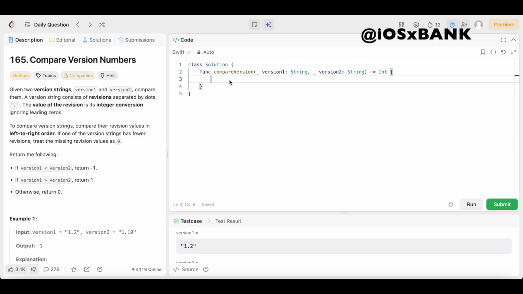Now that we understand the question, let's get into the fun part, the actual solution. Y'all, the solution is not that difficult at all. The first thing we need to do is split both version strings by the period, or the dot, into arrays of string components. To do that, come right here and declare a variable. We'll call it str1, short for string 1, and we'll set that equal to version